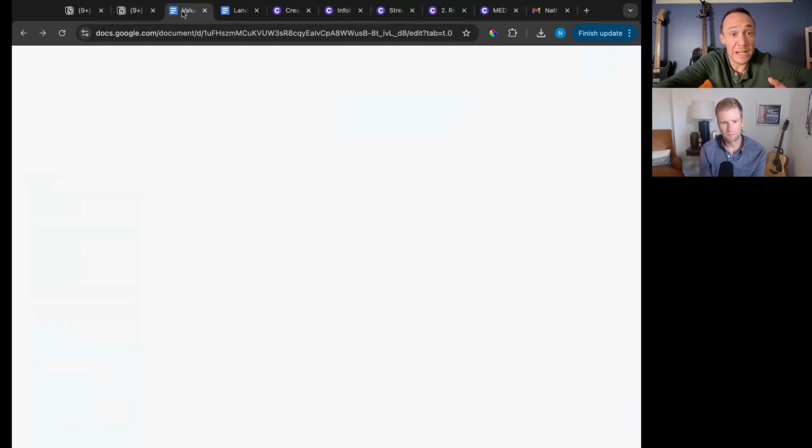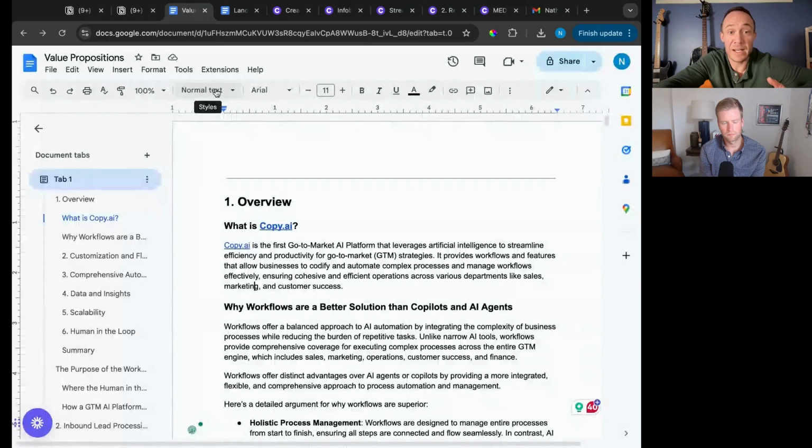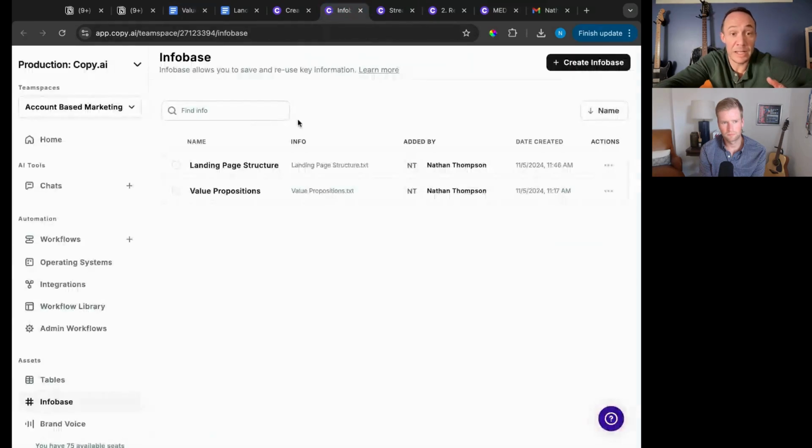Once we do that, then I could take it to a document and upload it into an Infobase tool so that now the AI, our chat model, understands what our value propositions are and what problems we solve for. So I'll show you in a second why this is very important, but just starting there, I always like to remind people, again, that input of making sure that whatever you're working with, if it's ChatGPT, if it's one of